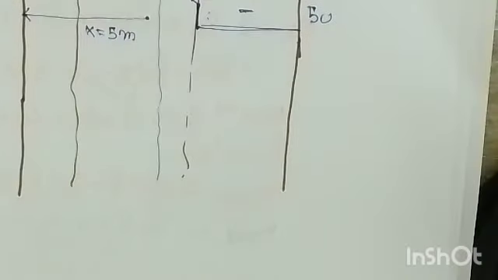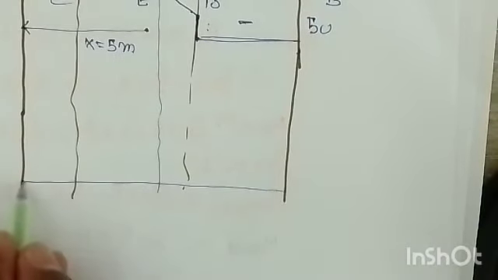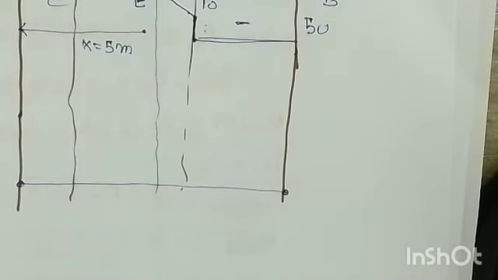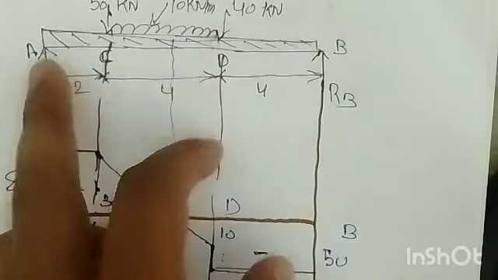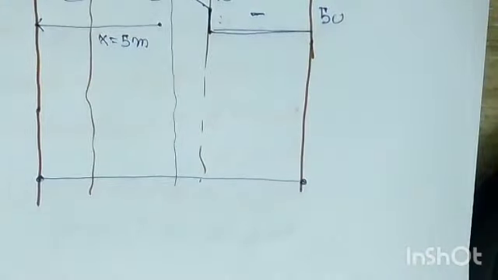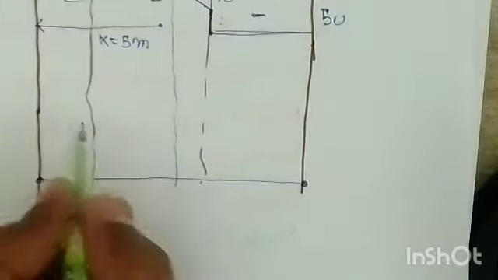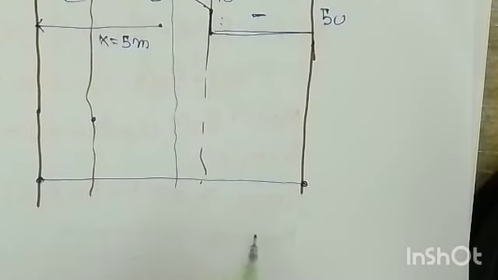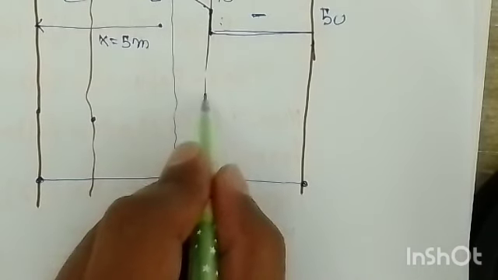Now we need to find out the bending moment diagram. For bending moment, all the bending moments we got are positive. So bending moment at A is 0 and at B is also 0. Between A to C the bending moment is a straight line, because the distance is power 1. The bending moment at C is 160, so at C this is 160 and this is your D. At D it is 200,